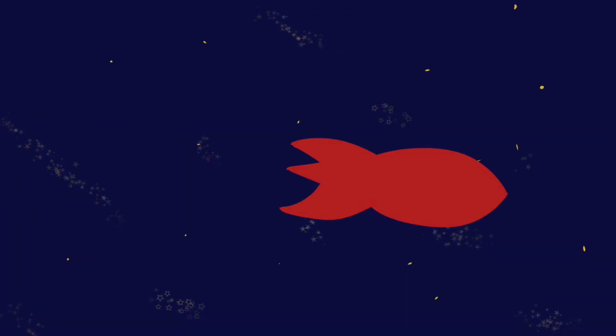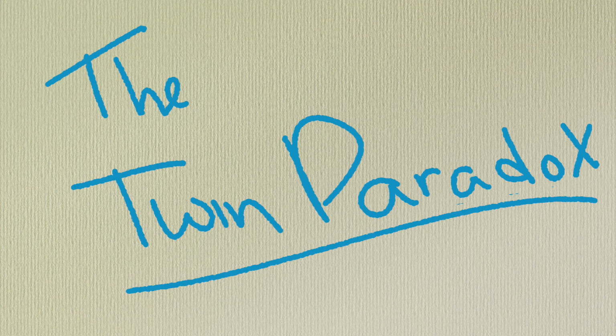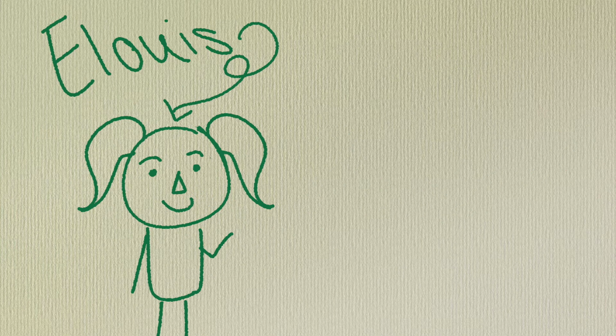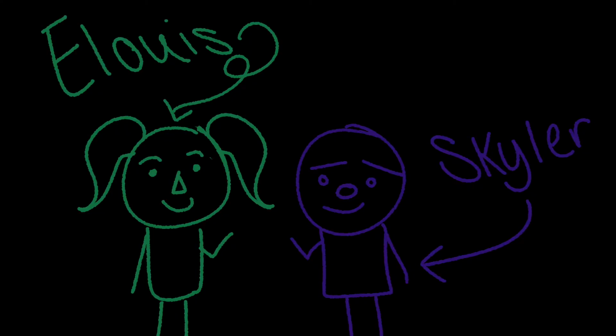Traditionally, at a normal speed in space, the effects of time dilation are so small they go unnoticed. For a noticeable dilation, a person would have to move around the speed of light. However, I want to show the effects of time dilation through something known as the twin paradox. In this hypothetical, we have a set of twins, Eloise, who will stay on Earth, and Skylar, who we will send to space. Before Skylar leaves on his space trip, he's the same age as Eloise. However, he won't be once he returns.